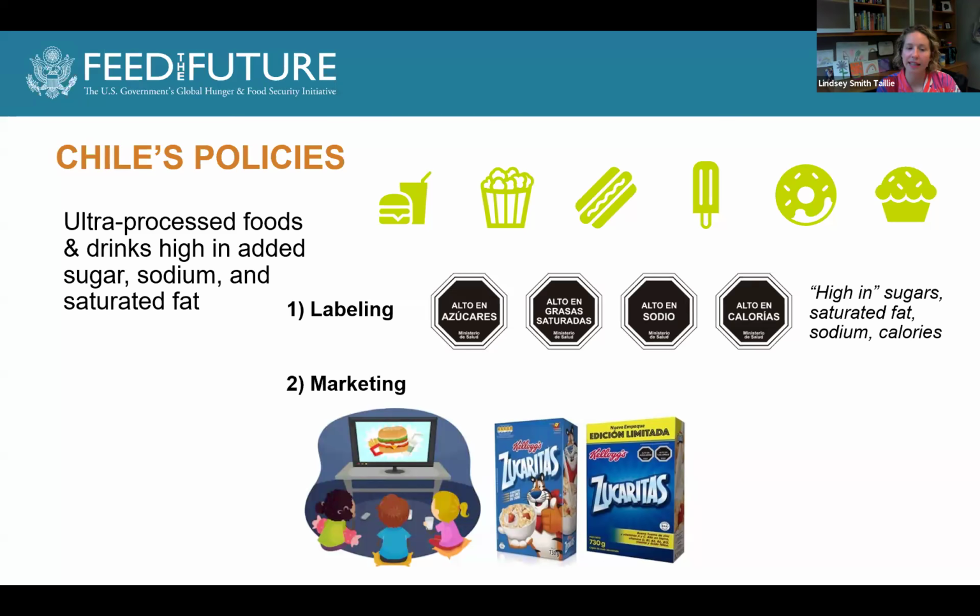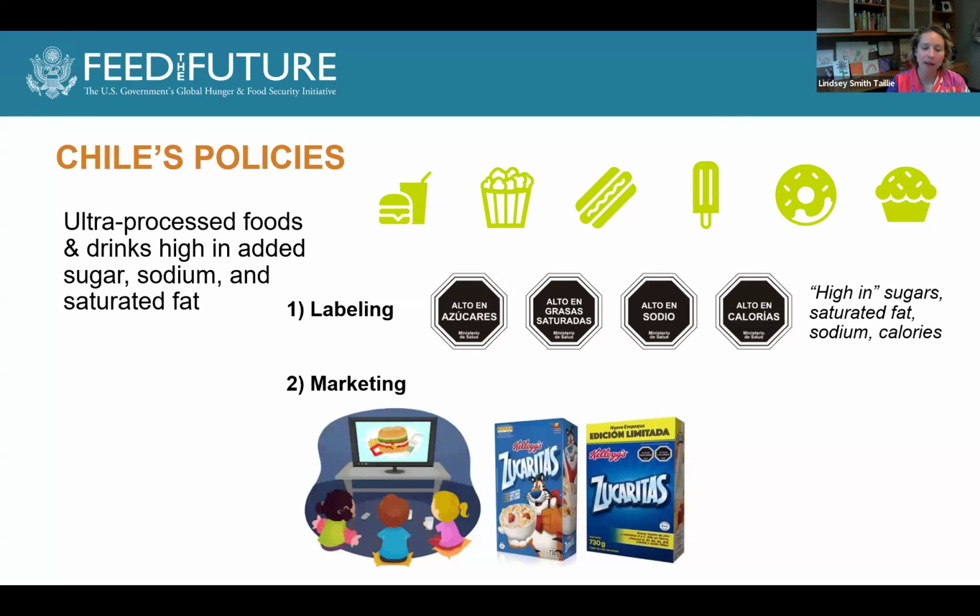And then in 2018, they implemented a second regulation, which was, we're removing all advertising from 6 a.m. to 10 p.m. for products that have a warning label, regardless of who they're being marketed to. And this was a really important next step, because we know that kids watch children's programs, yes, but they also watch the Olympics, the World Cup, adult programming. In the US, they watch reality show competitions and things like that. And so by expanding this to a marketing restriction based on hours, it was much more comprehensive.